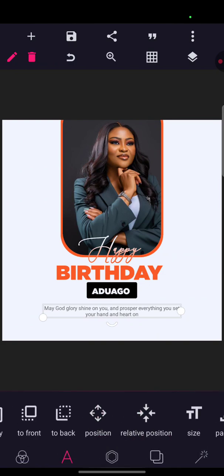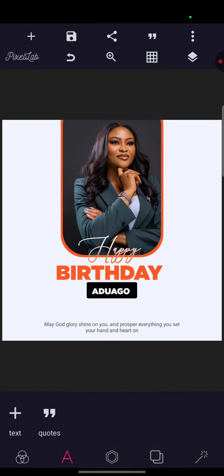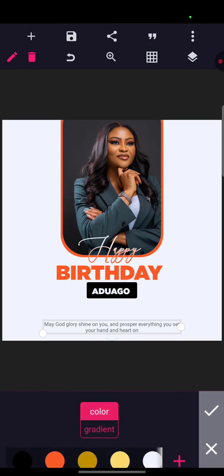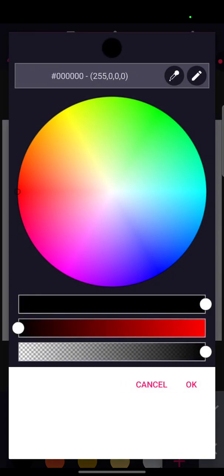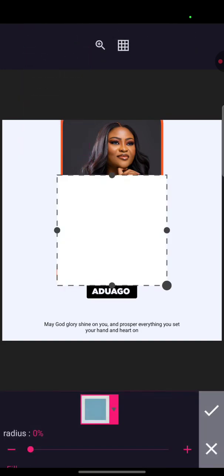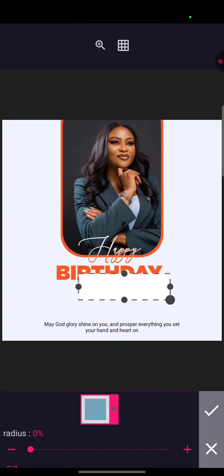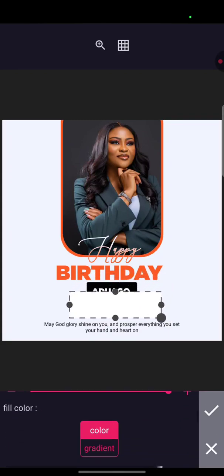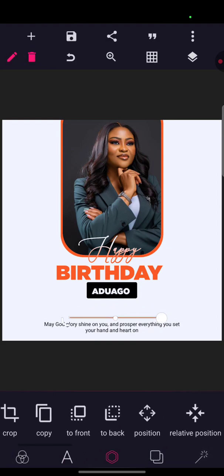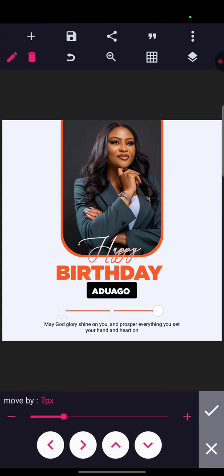Then position it at the center like this. So we're going to take this down a little bit, position it here like this. Cool. So we are going to make it a little bit dark. All right, just do something like this. Cool, that is okay. And then I'll go to my shape, then just crop it like this. So we're going to give it this color. Cool, crop it like this, then position it at the center, then take it up, let it be at the